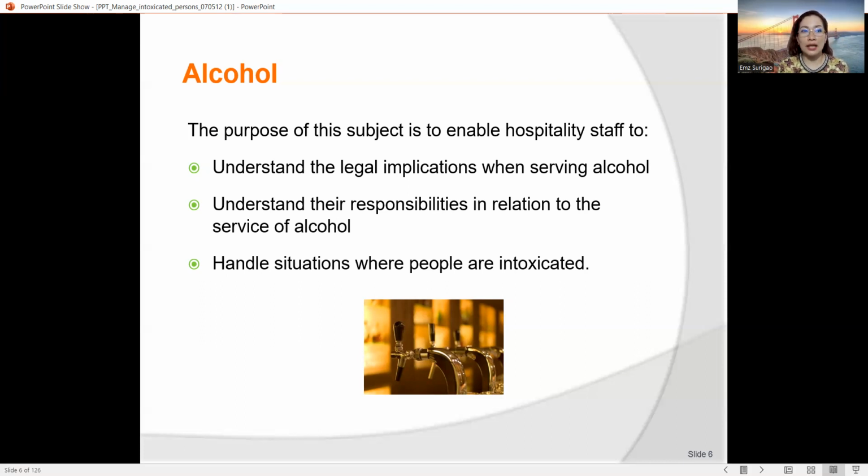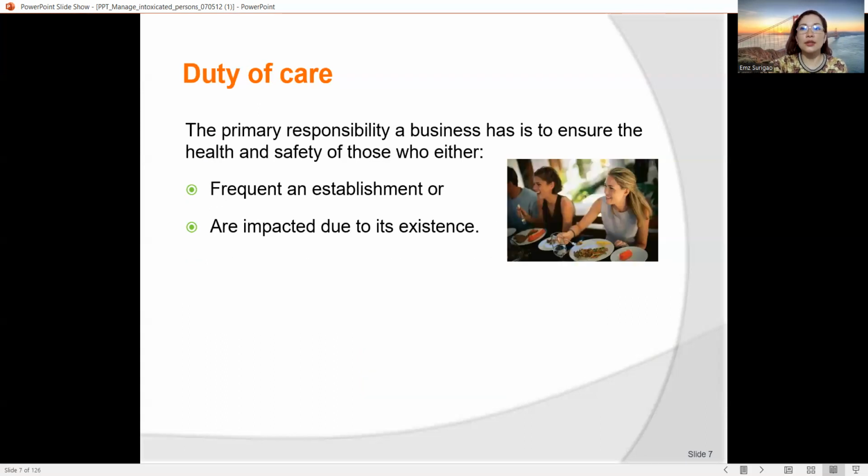Most likely, in most hotels, if you're working at the bar, or you are the barista or a server, you need to control the situation. If someone is asking for more drinks and you can see that the person is already intoxicated, you should know how to deal with it and how to manage or control the drinks you are serving to guests. Try to weigh the situation first before you give another round of alcohol to a guest who's ordering.